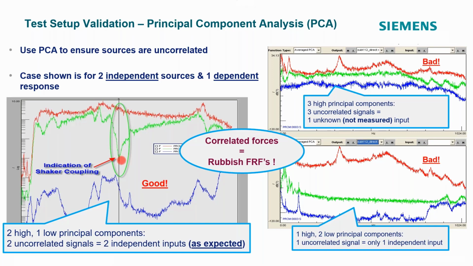We do have some dips in some areas. That could be where we're not having two independent sources but only a single independent source, and that could be due to some pretty strong coupling between those two shakers, so we can't distinguish one source from another, which is not a good situation. And then with the blue trace, we have a dependent response. So that's how you interpret this information. We've got two independent sources and one dependent response, so all the energy from this response is due to these two independent sources.